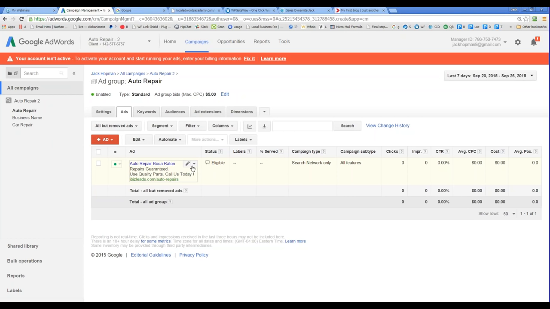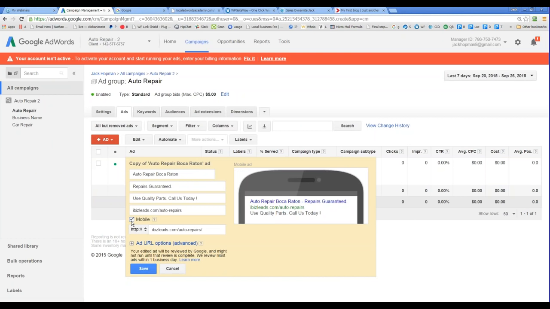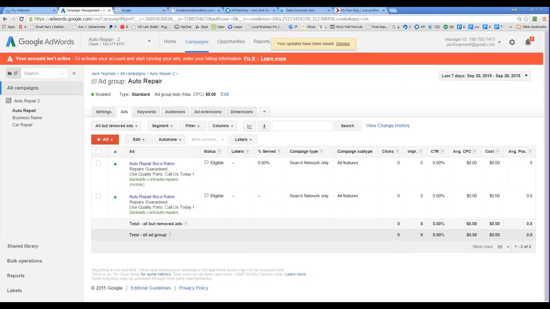So on the right hand side, you see a drop down and you see copy and edit. And then there is a selection box for mobile. So you just select mobile. You guys see this? And click on save. Now you have an ad that shows on mobile and you have an ad that shows on desktop.